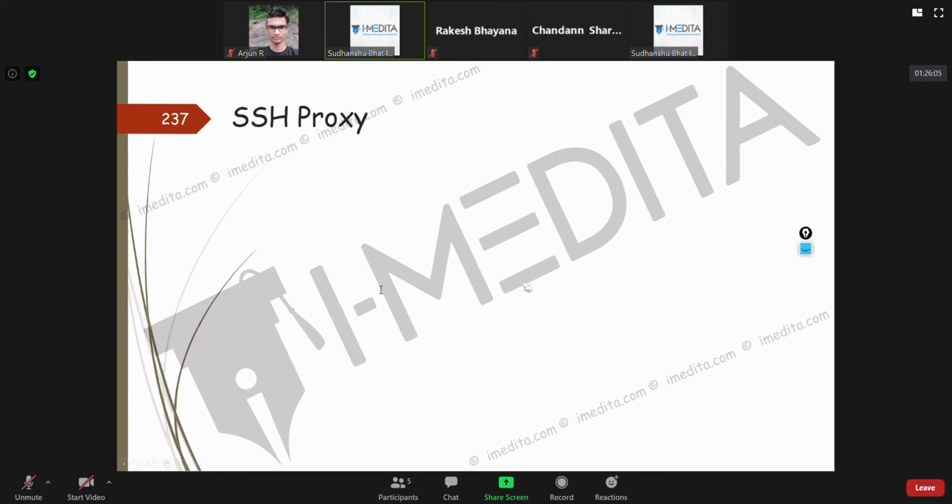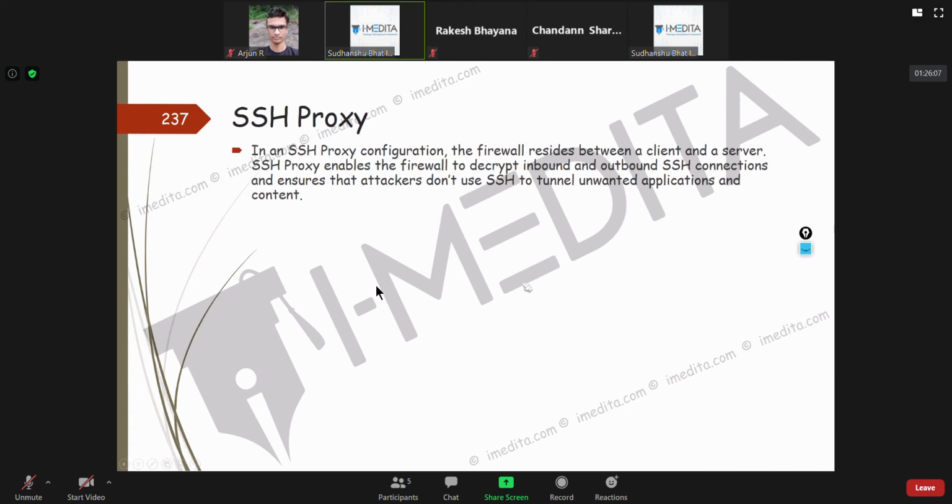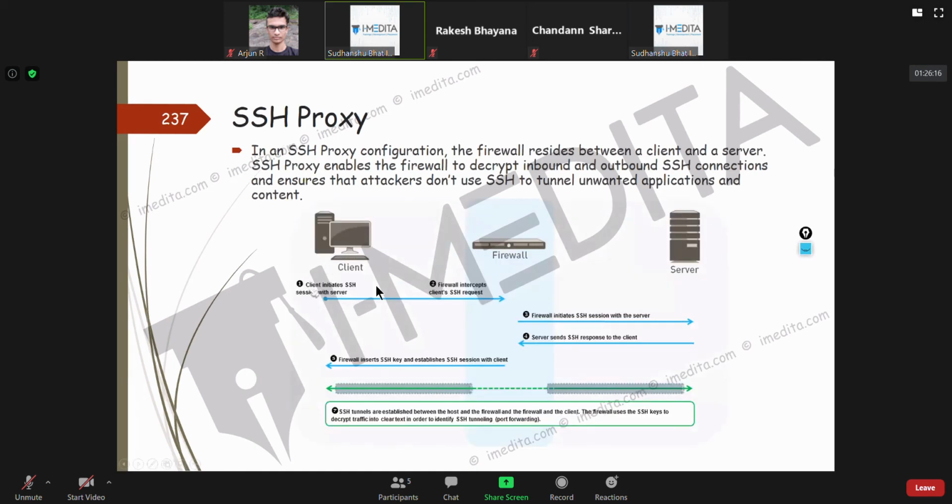The third thing is SSH proxy, in which you don't need to generate anything. The firewall automatically generates the keys to intercept this communication. So a client initiates a connection to, say, SSH to this server. The firewall intercepts the client's request and initiates an SSH connection with the server. The server sends a response.